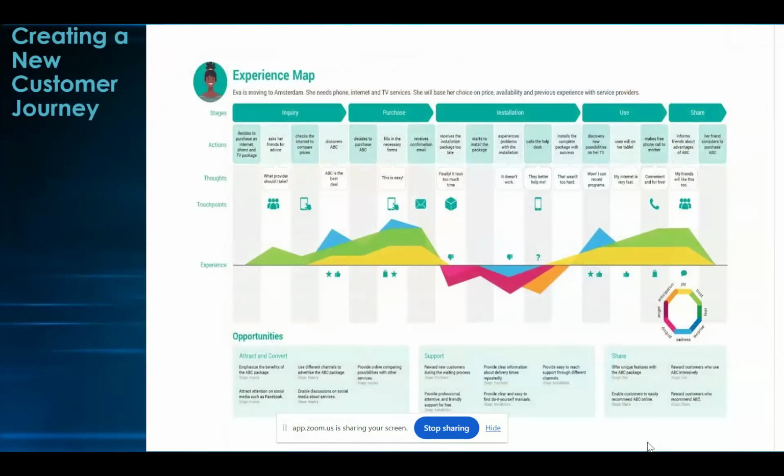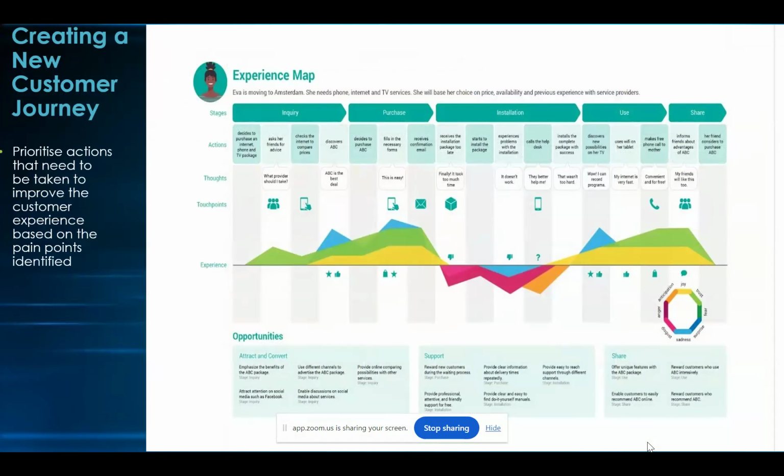Okay, this is another one. This is Eva. She's moving to Amsterdam. These are the different stages, her inquiry, purchase, all of that. So these are just examples. There's so many different kinds of